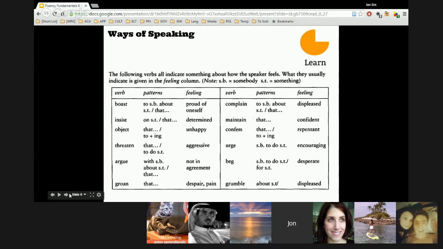Are we cool? I have a question. What does repentant mean? Repentant, confess. That you're very sorry, basically. You're very sorry about something. So you remember, this is like a semi-religious word. You repent. You have to go to church and repent your sins. It means that you're sorry. You want forgiveness. But it's not a religious meaning here. It just means that you're very sorry. So to confess, the feeling of being sorry for your actions.